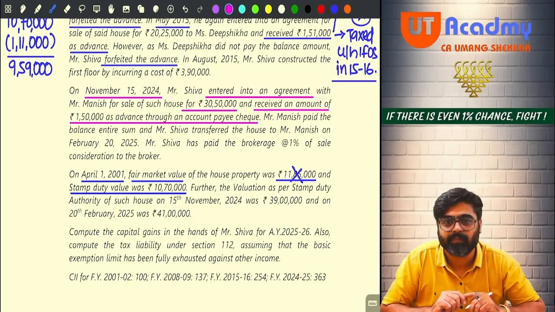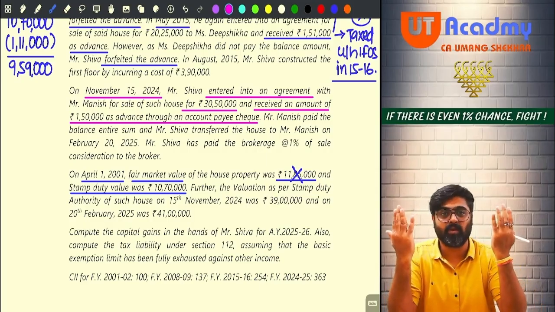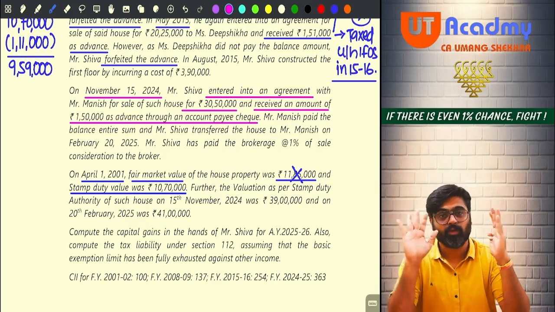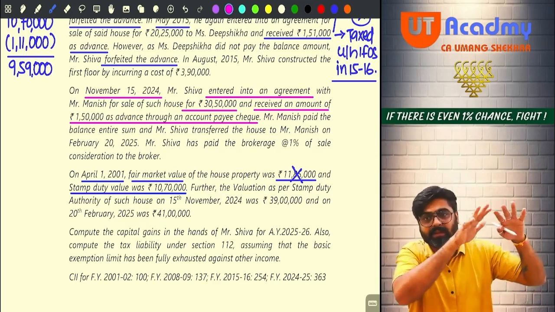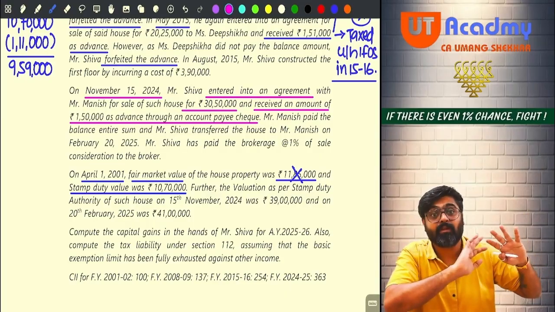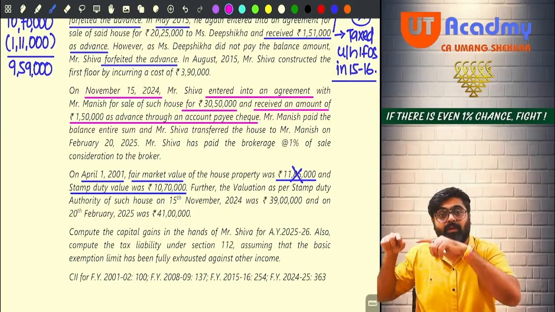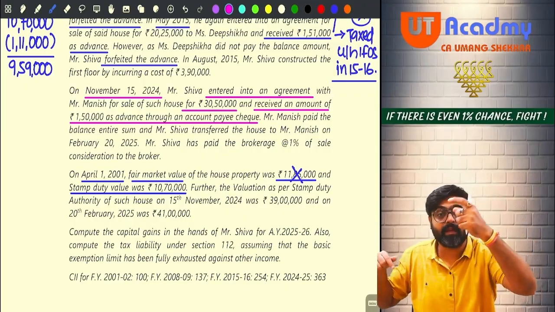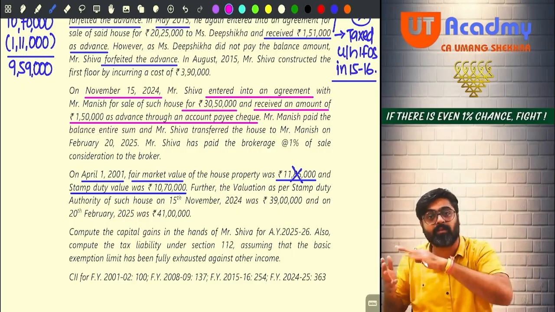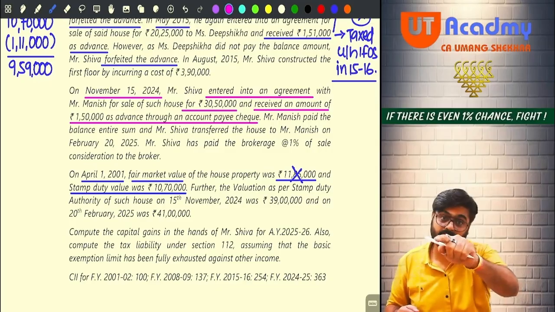I have told you. If the date of sale agreement and date of registration, both the dates are not same, usually we take the stamp duty value as on the date of registration. Getting my point? But we ignore that. And we take the stamp duty value as on the date of sale agreement if the sale consideration or any part thereof is received on or before this date by way of prescribed modes. So this is happening here.